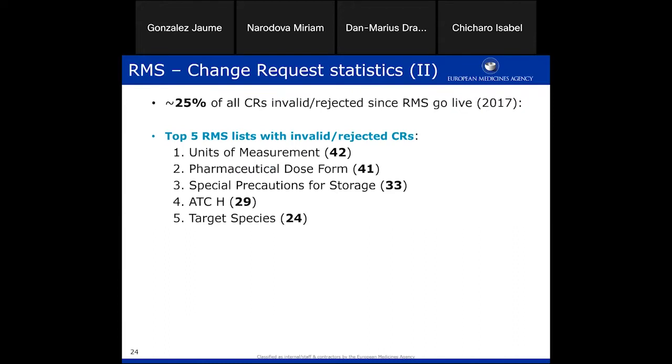The statistics also show rejections, and specifically we see that 25% of all change requests received since RMS go live in 2017 have been either invalidated at the validation phase or rejected in the approval phase. You can see the top 5 RMS lists with the highest number of change requests, either invalidated or rejected. So we could say that these are the most controversial lists, or the lists that trigger the most number of issues. For this reason, the next 5 slides contain details on